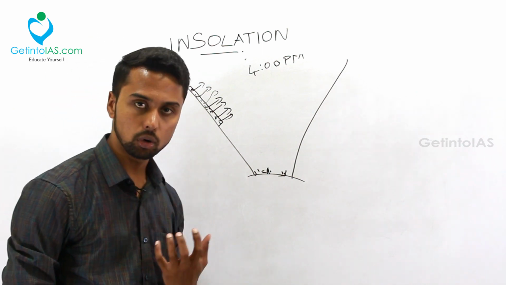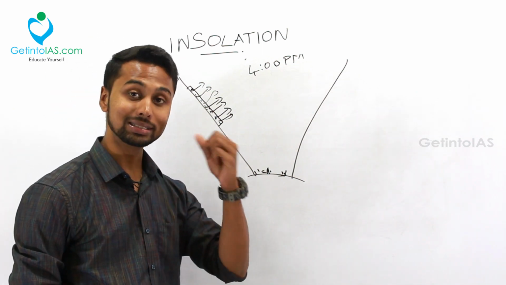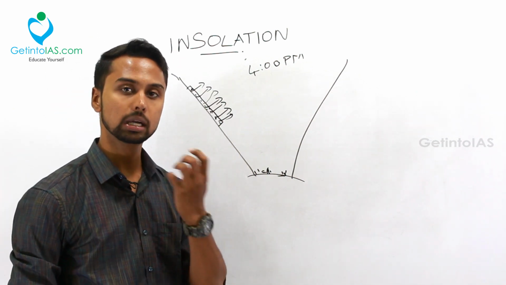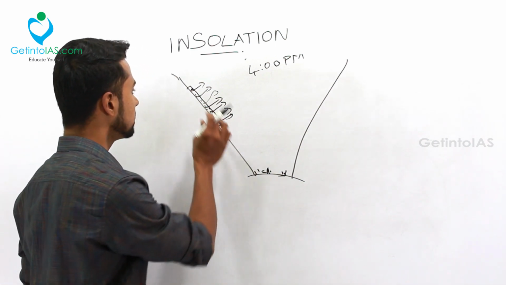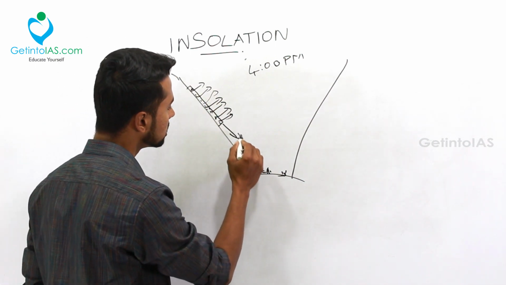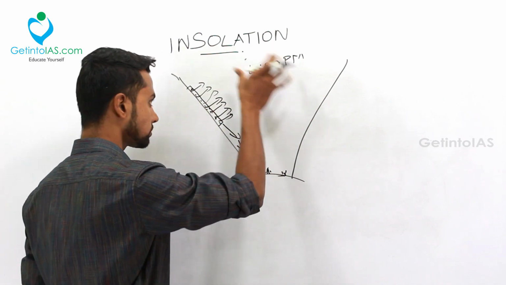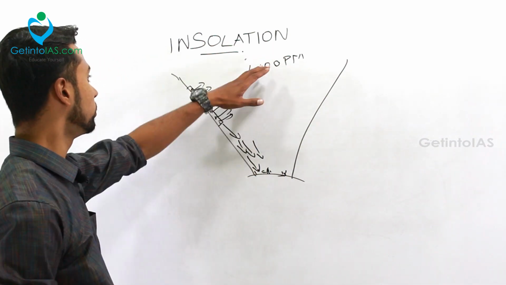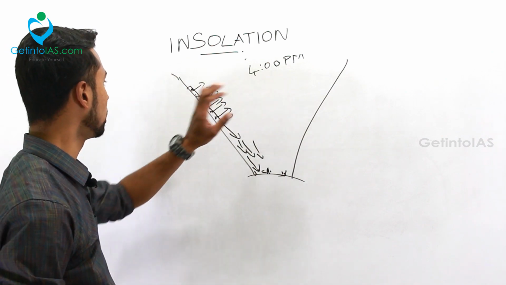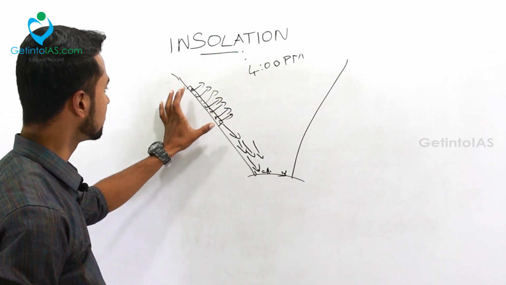When it is becoming colder, density will increase. Once the density is increased, the weight will become increased. So automatically this thick pocket of air will move towards the valley floor. Okay. So by 4 p.m. and all, this thick pocket